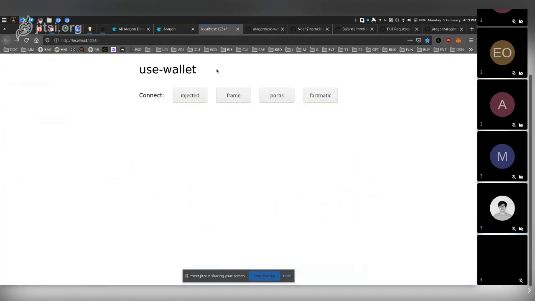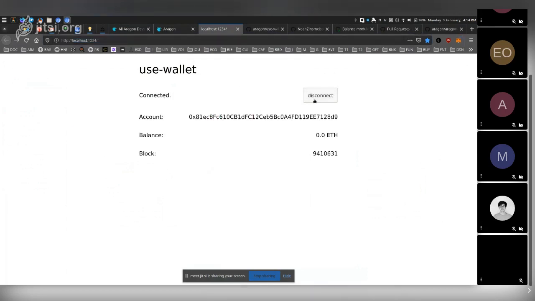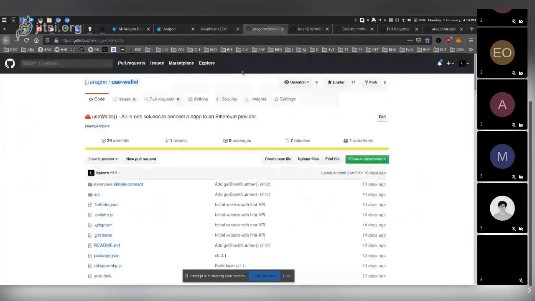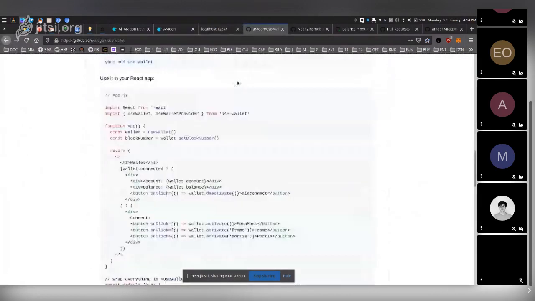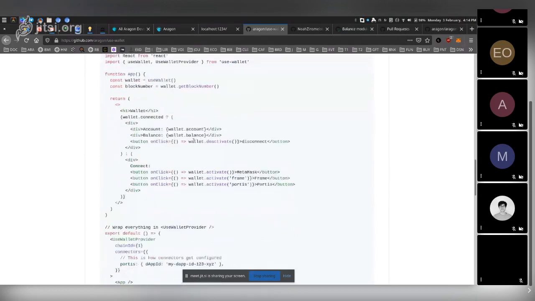And to do that, we started working on this library that allows connecting to different providers. So yeah, it's just a demo of how it works. It's really simple. It can connect to different providers with code that is as minimal as possible. So the idea is really to simplify this situation to the maximum, to be able to connect to different providers. And here you can see how it works.